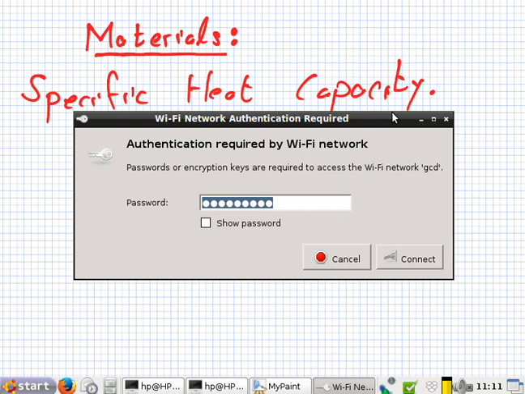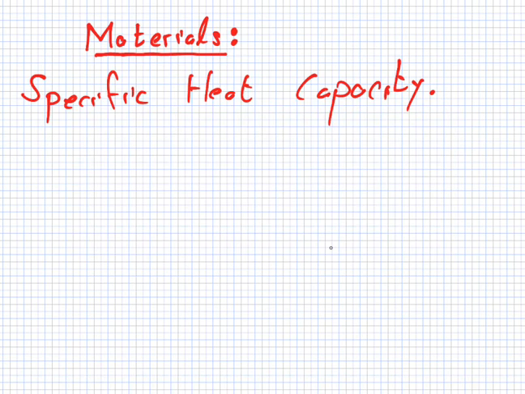So this is our idea. Different things get hot at different speeds, at different times. Can you give me some materials that get very hot very quickly? Metal would get hot quickly. What else? Silver, yeah. Copper, yeah. Now the opposite, things that take a long time to get hot. Water, wood,